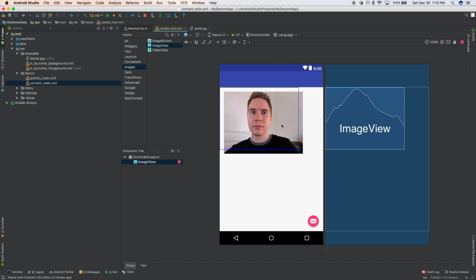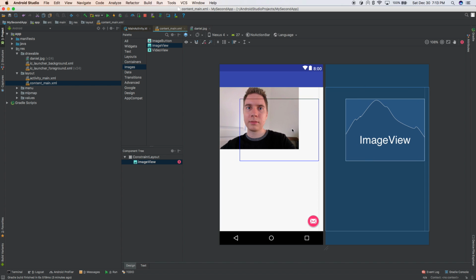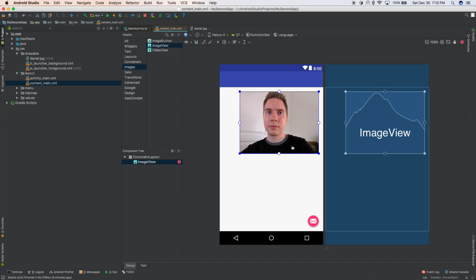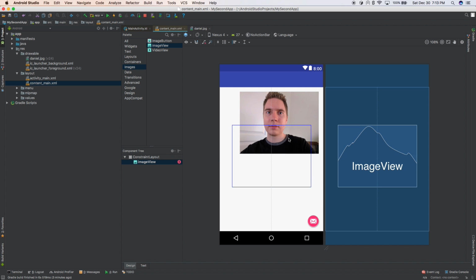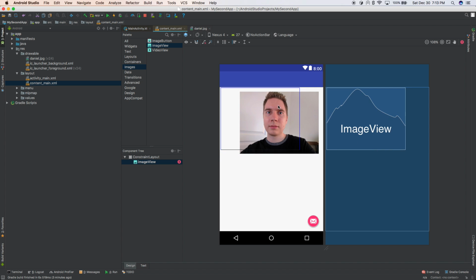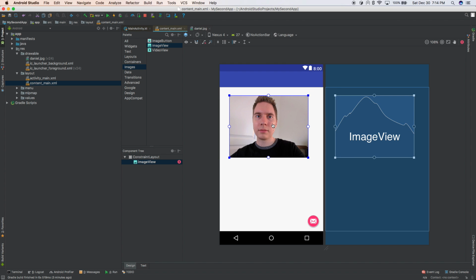You can put it in the top left corner. It kind of snaps and moves around. What I want to do is position it on the top half of the screen. So say the middle of the screen is right about there, I want to put it right about in this area up here. So how do I do that? Well,